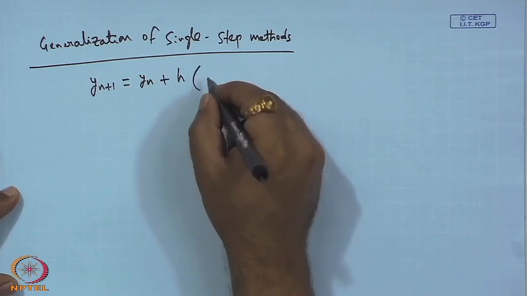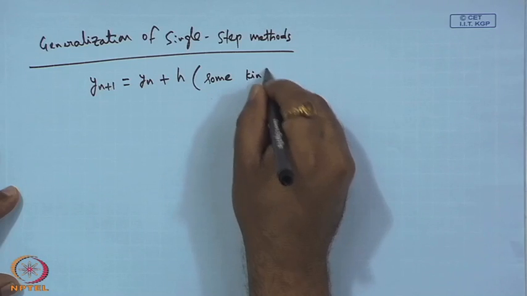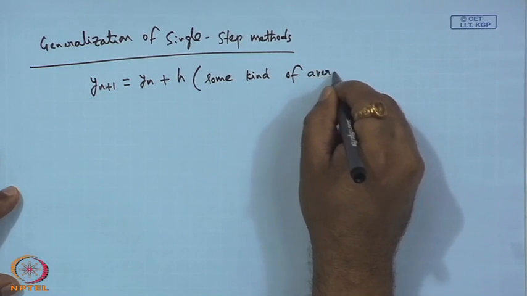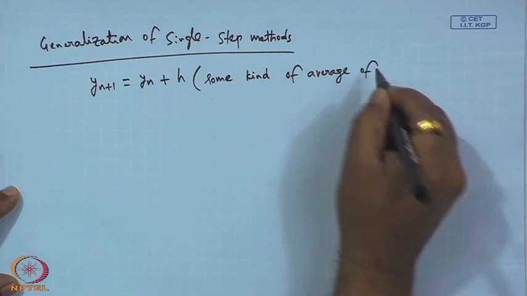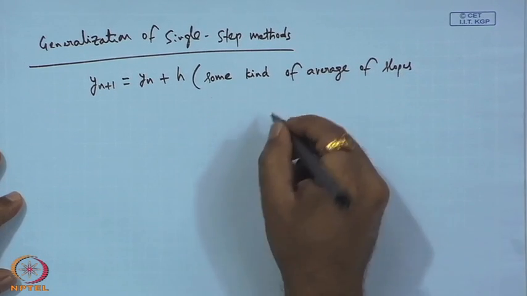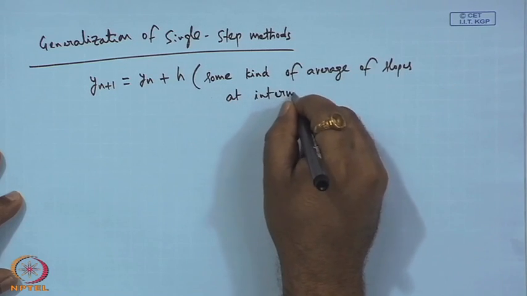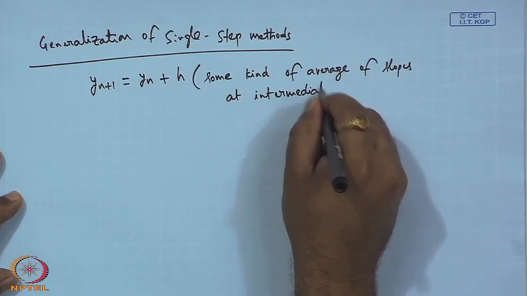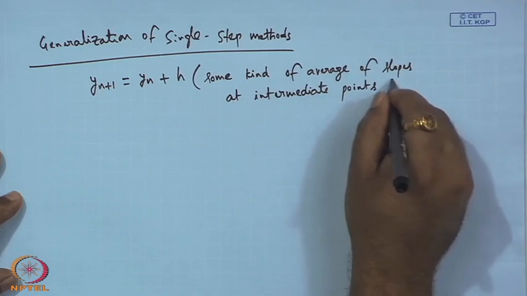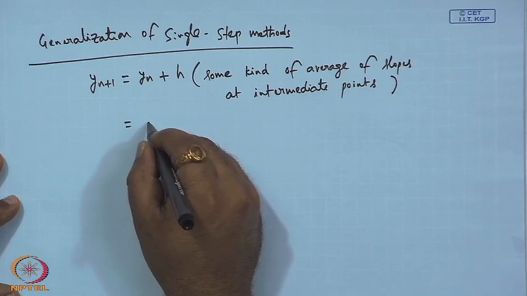H times some kind of average of slopes at intermediate points. So, this is nothing but